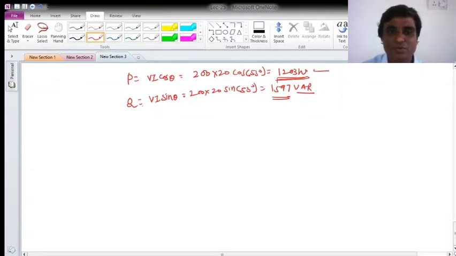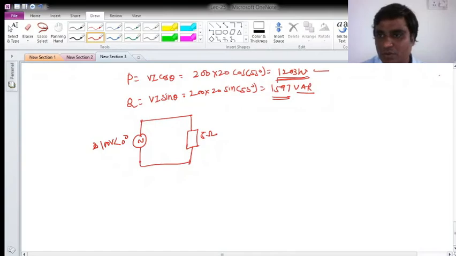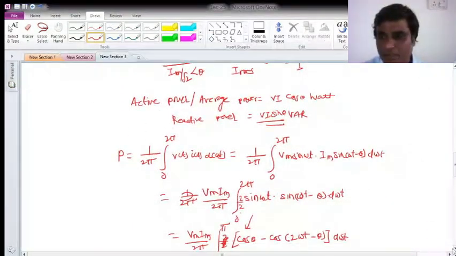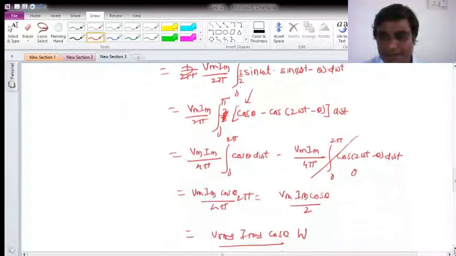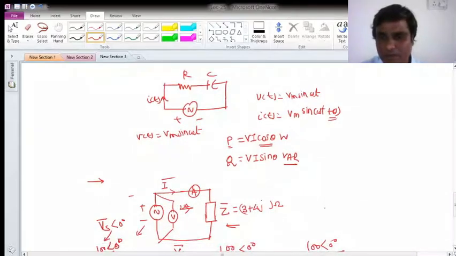Now let's see the next consumer we have. To that, the supply authority supplies the same supply voltage, 100 volt with angle 0 degree, and say the load is 5 ohm. Here also the magnitude of the load was that of 3 plus 4j ohm. If we calculate the magnitude, it will be 5 ohm only.